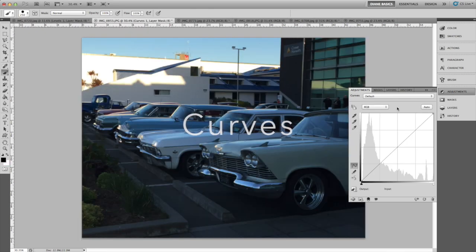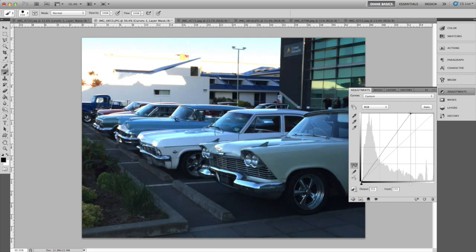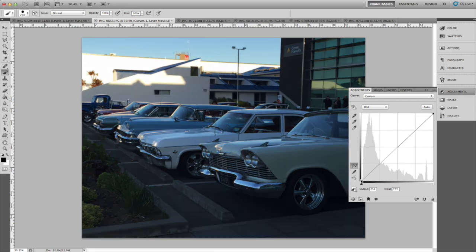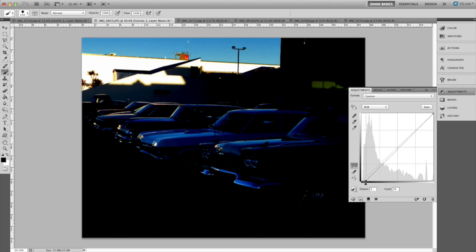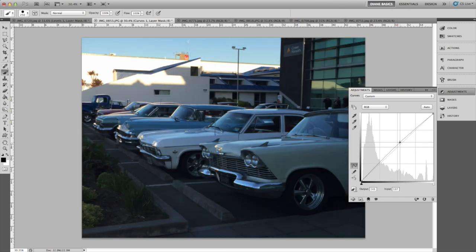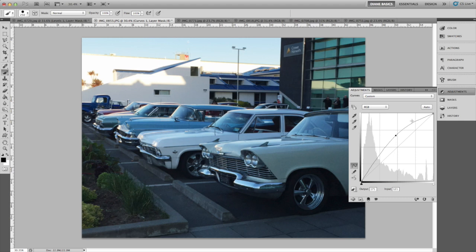The next adjustment layer I want to talk about is curves. This is when your photo needs a bit more adjustment. So you can see this photo here, it started off really dark. And so you can change, again, the highlights, the midtones and the shadows, but with curves you've just got that little bit more control. So you put a point on the line and you drag that to wherever you need